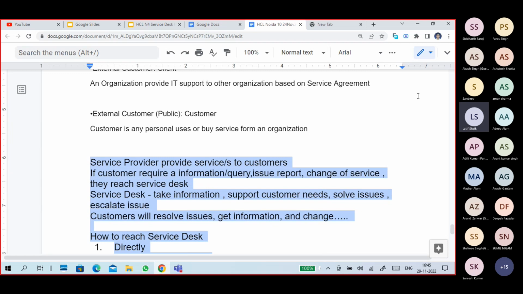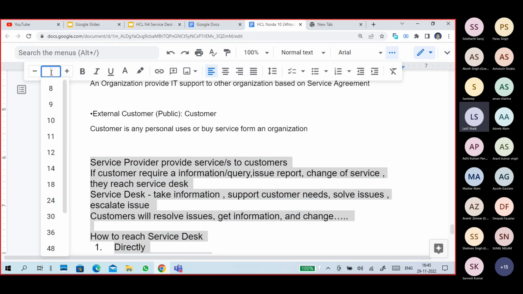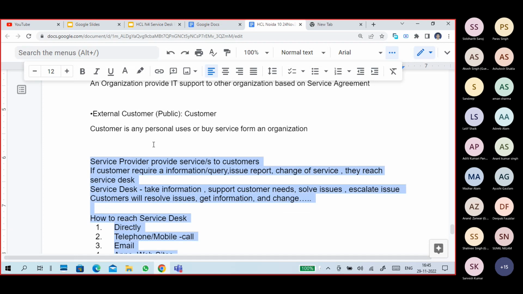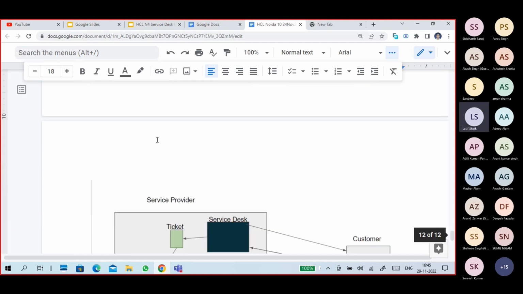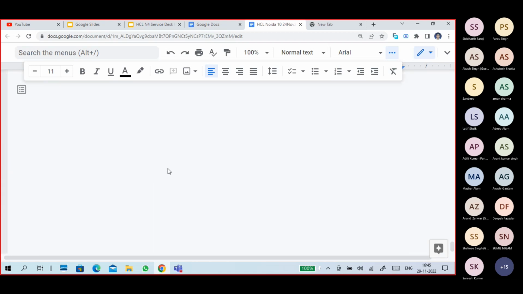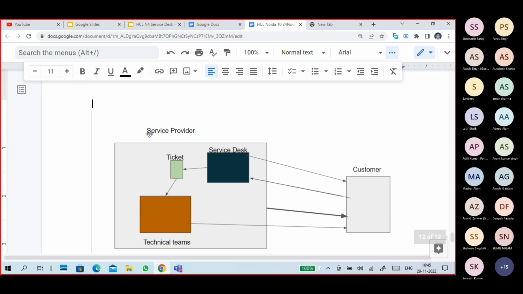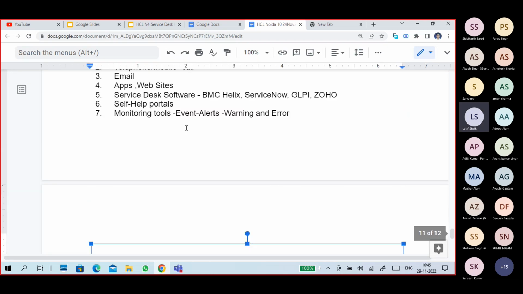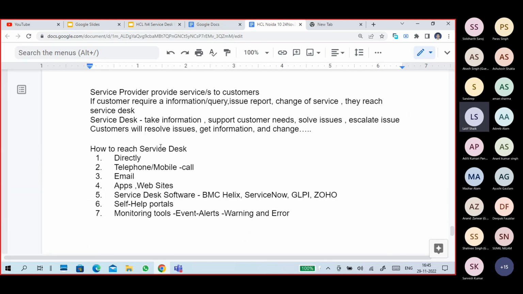If you are an internal customer, what will the internal customer do?